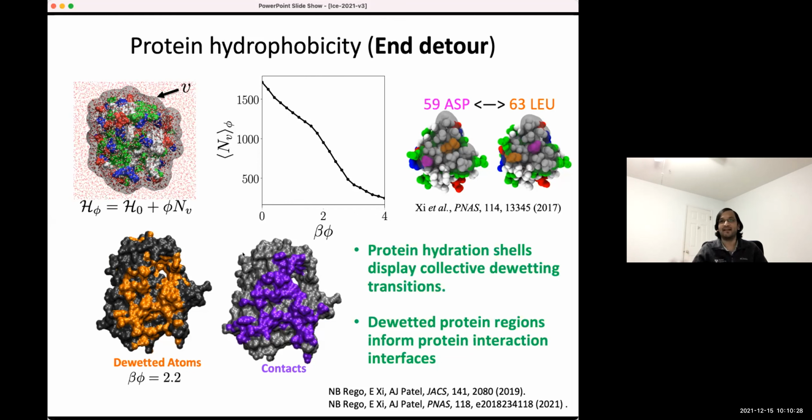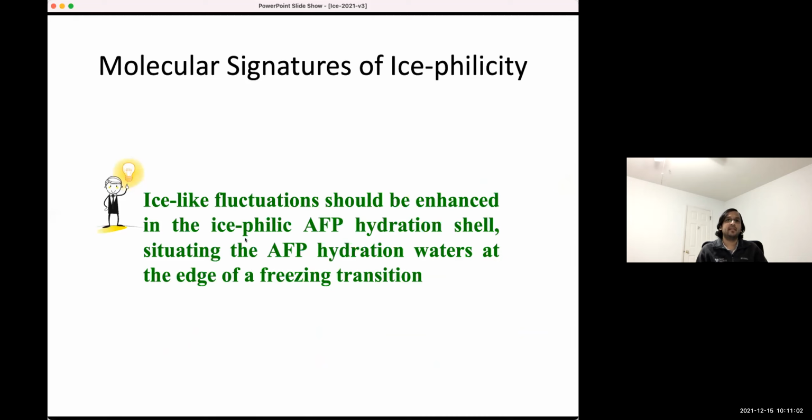So we're going to end our detour and come back to AFPs. And based on our understanding of hydrophobicity of surfaces, whether they're self-assembled monolayers or proteins, the fact that hydrophobic surfaces are characterized by the ease with which low density or vapor-like fluctuations can be observed near them, right, prompts us to hypothesize that perhaps ice-like fluctuations should correspondingly be enhanced in the isophilic hydration shells of